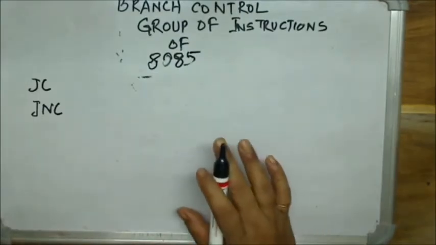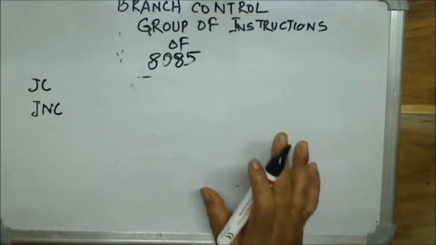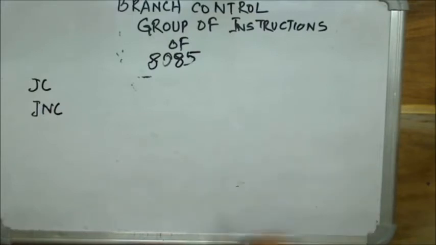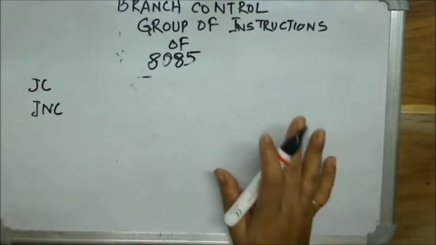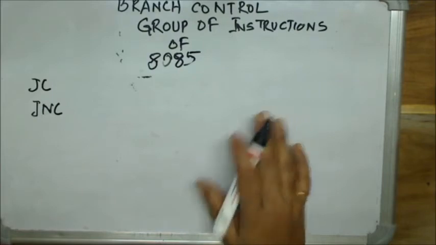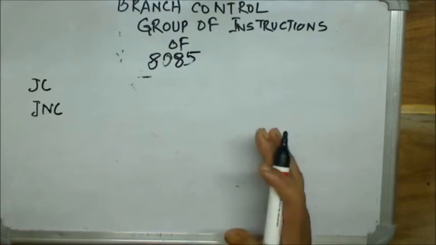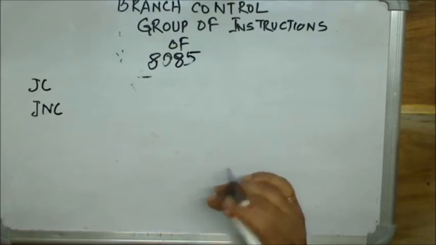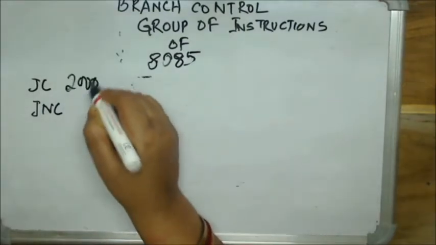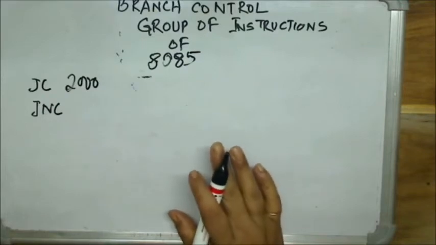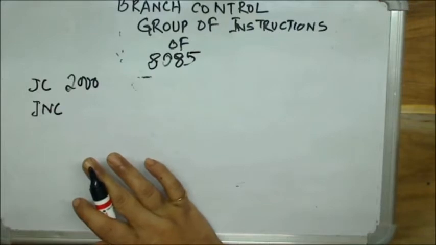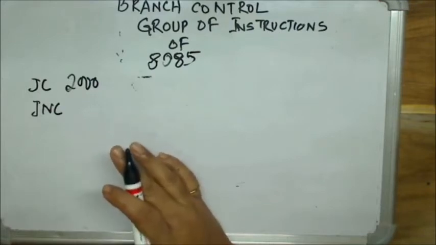Okay, now the jump was an unconditional jump. It didn't have any condition. Once you see that it has to jump to 2000H, it will directly go to 2000H. There is no condition. But there are several instructions which will jump on conditions, like JC 2000H, that is, jump to memory location 2000H depending on the condition, true or false.